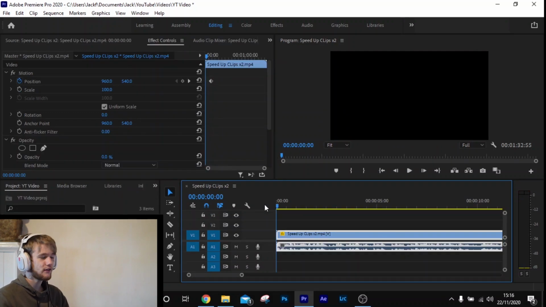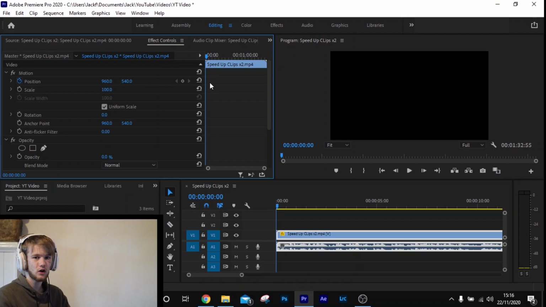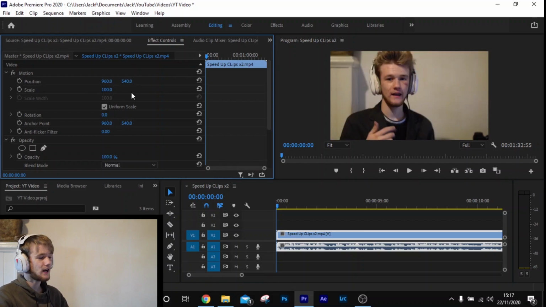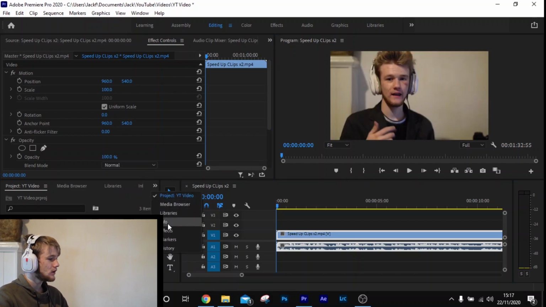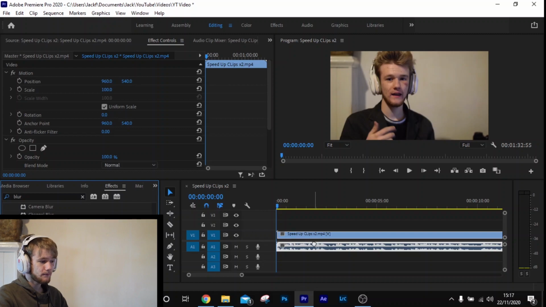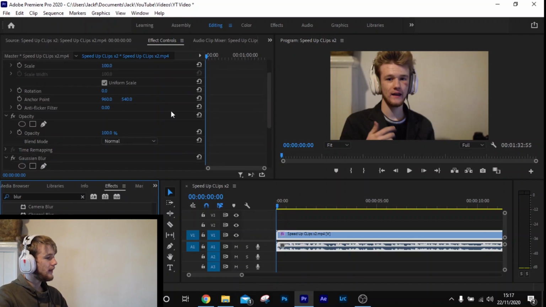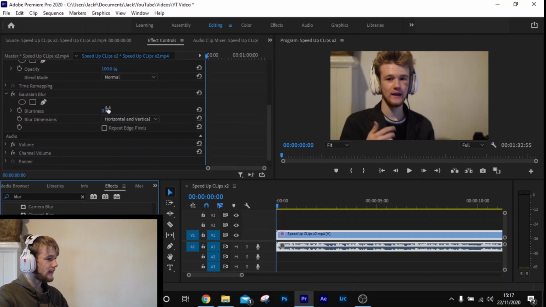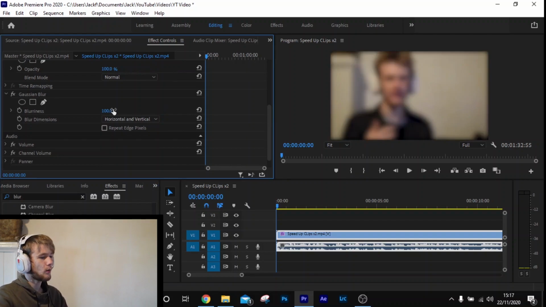So if you want to create an advanced keyframe, so it's not just two values, it's got more than two. So let's say at the start of the video I want to make it blurry again. So we're going to go to effects, search blur, and then get the Gaussian blur effect, and then apply that to our clip. There we go. And then we're going to go down to Gaussian blur, and then this is where it gets a little bit tricky. We're going to type in the value 100 or whatever your value wants to be,